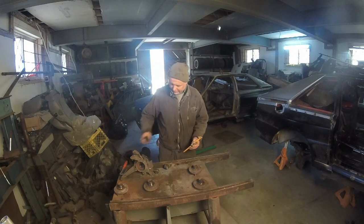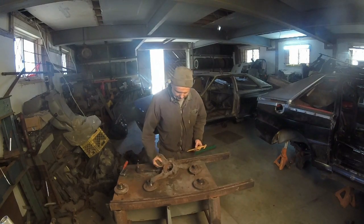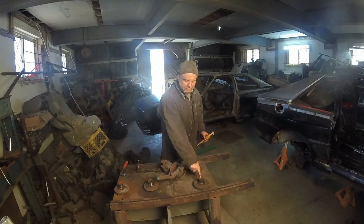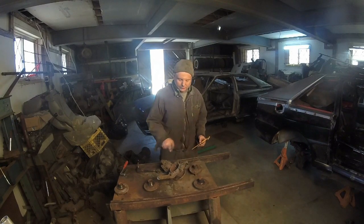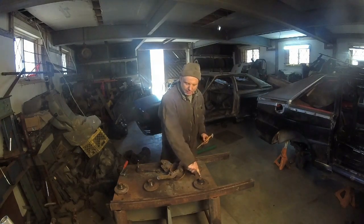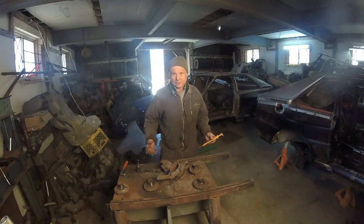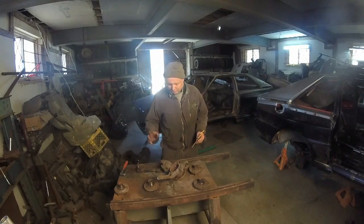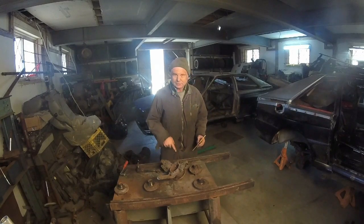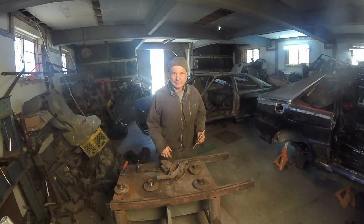What I want to hope is, this is from the 86. The 86 has the same spline shaft as this. So if they didn't change the splines from here to here, this might be something that we can use. So you're seeing it for the first time. I'm going to put it in the press. I'm going to press it out. I'm going to see if it's the same. If it's the same one, we're going to take the 4000 struts out, and then we're going to press in